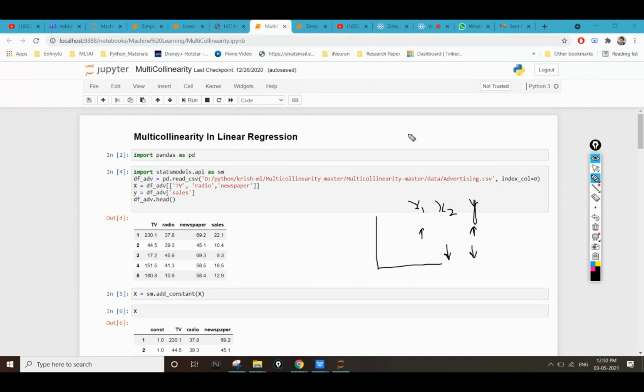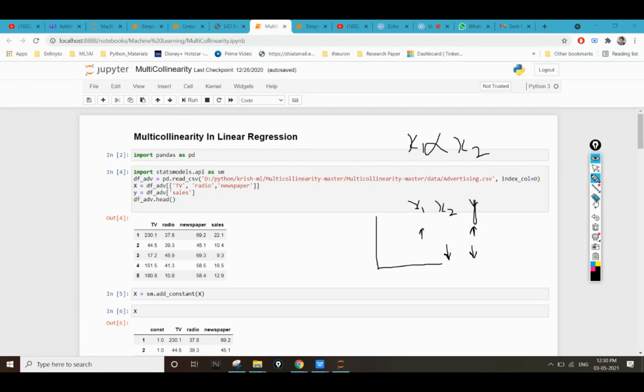What I'm trying to say is that if x1 is directly proportional to x2, meaning if we change the value of x1, then the value of x2 automatically changes, then we can drop any one of the features, x1 or x2, because both features have the same effect on our output. This is known as collinearity.